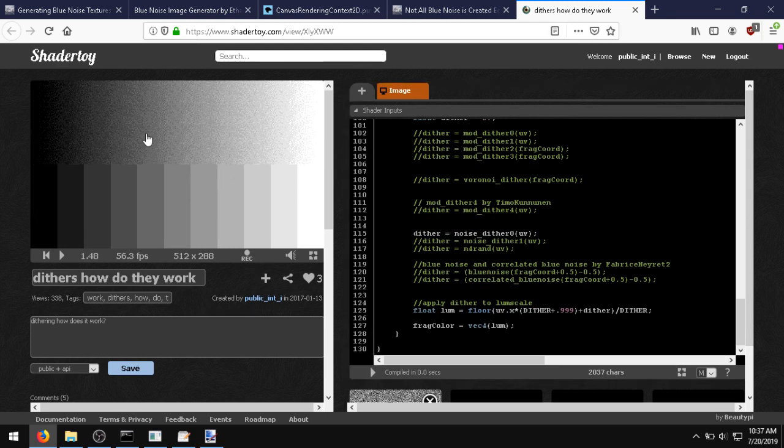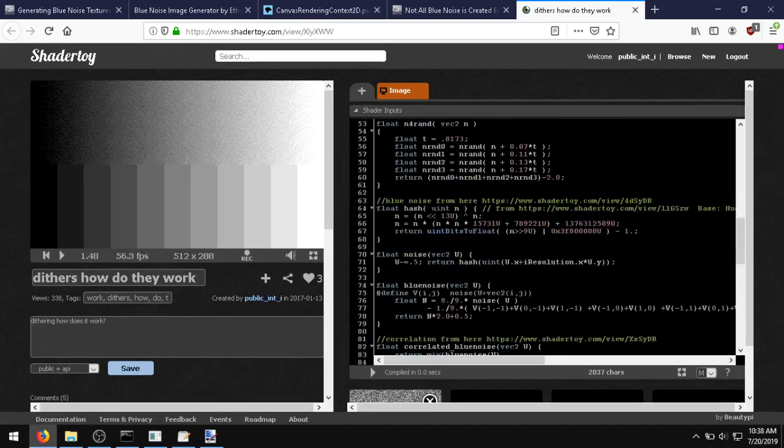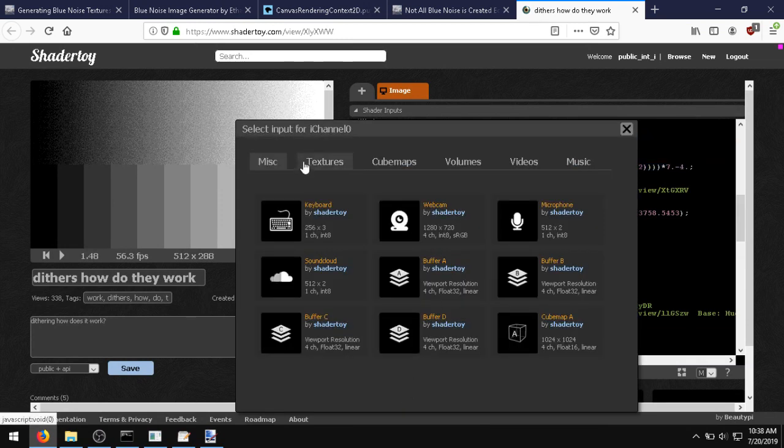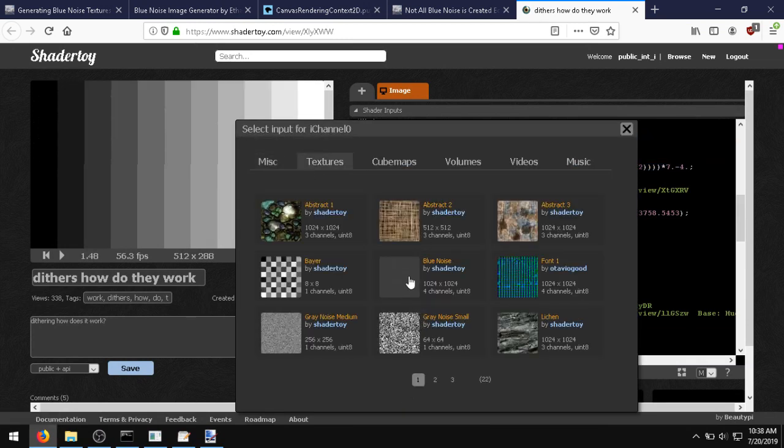So you can see here with white noise, it looks really noisy. It's probably hard to see on stream, but then if this is a gray noise texture, then if you use blue noise,